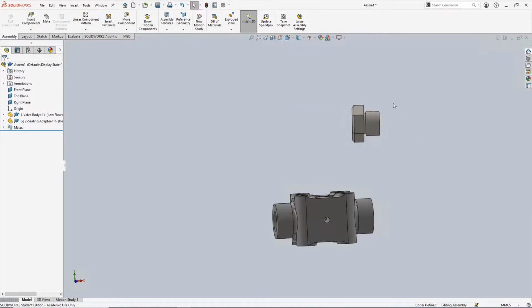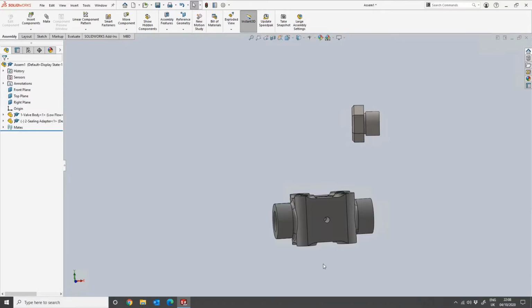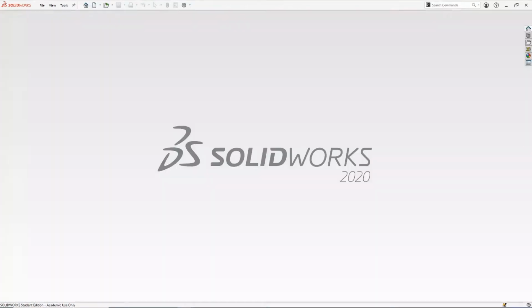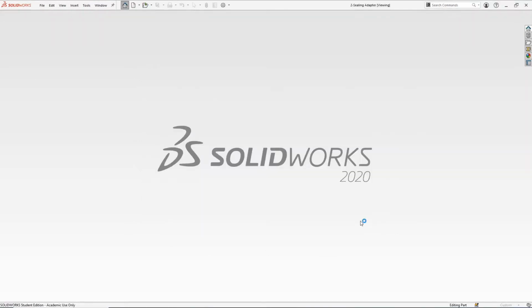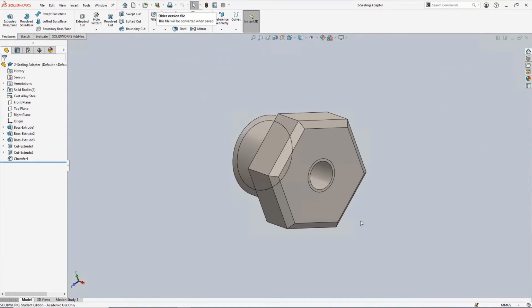Okay, so based on that, let's just go back to our first task and create the sealing adapter subassembly. Let's open the first component, which would be the sealing adapter. I have saved all the parts under a folder called pressure relief valve parts. So the first one is sealing adapter. So this is item 2,